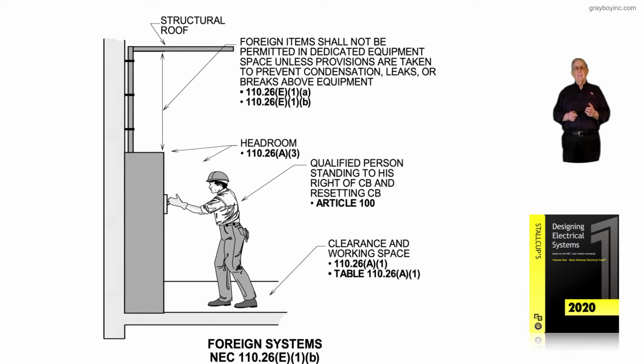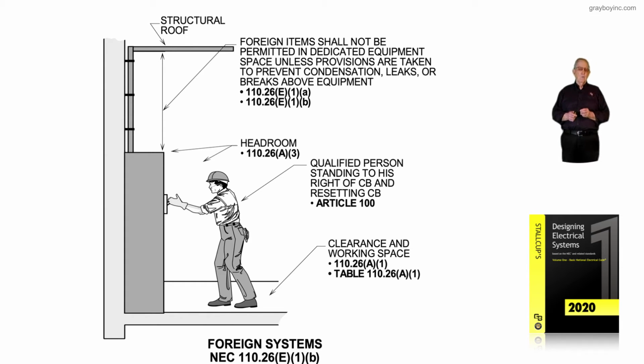to prevent any kind of leakage, condensation, or breaks of piping and stuff that could leak a substance on the equipment that could deteriorate it. And notice we can read about these permissive rules and the main requirement rules in 110.26(E)(1)(a) and 110.26(E)(1)(b). And then, of course, you have your headroom rule there,